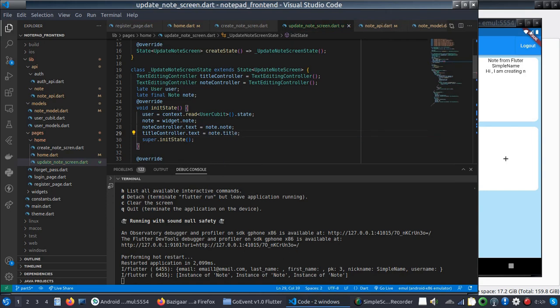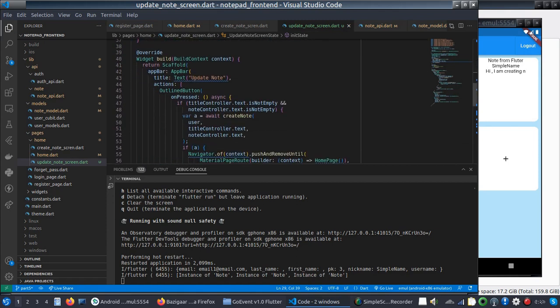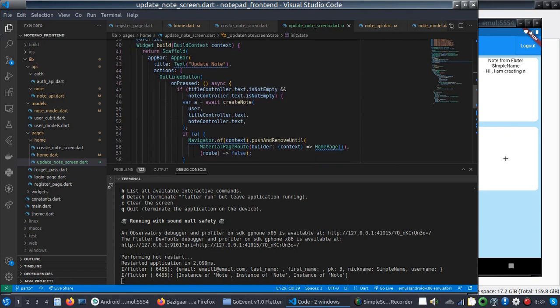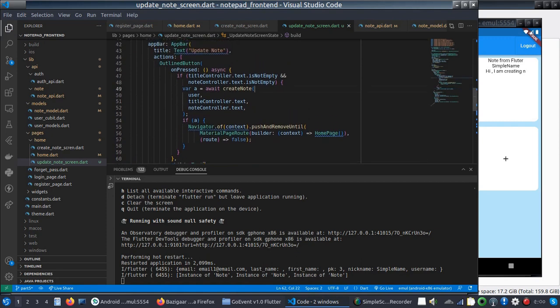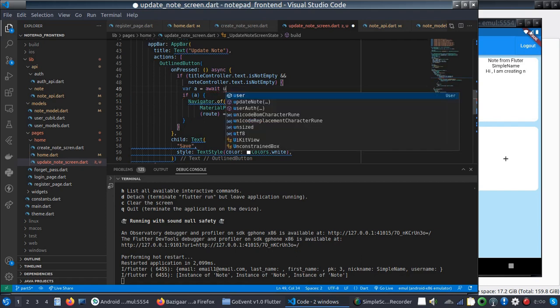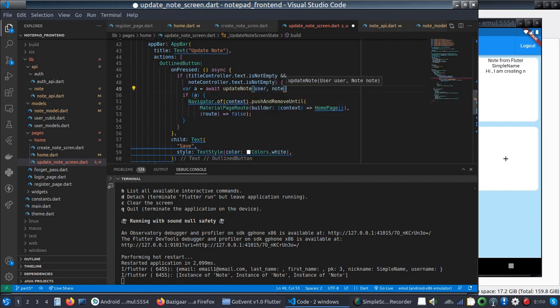Yes, and yes, and update node, and we will not create node, we will update node. Okay, before that, this is save method, and here we will pass update node, and this update node